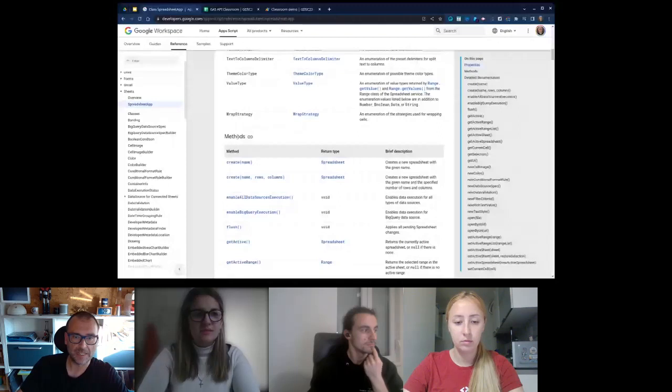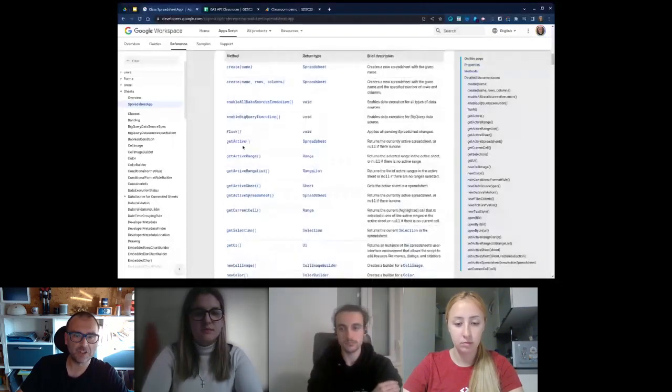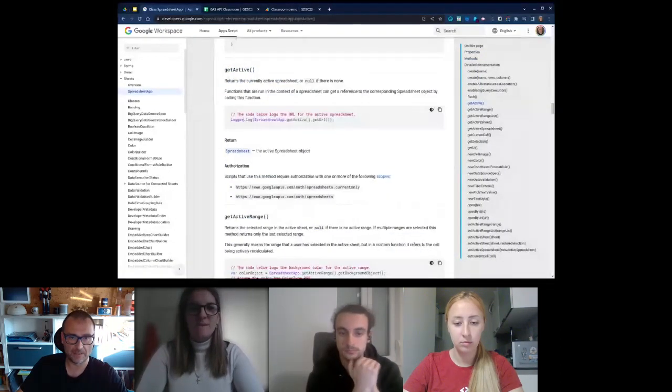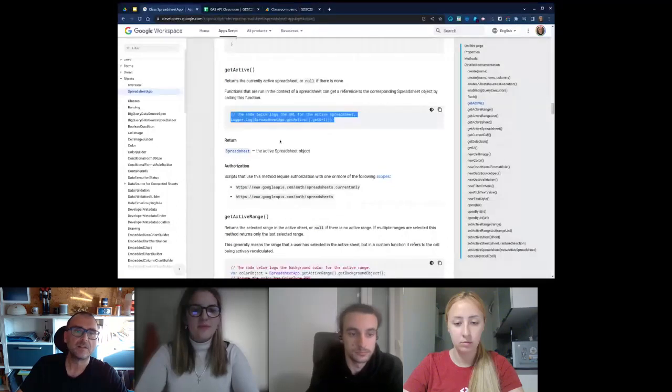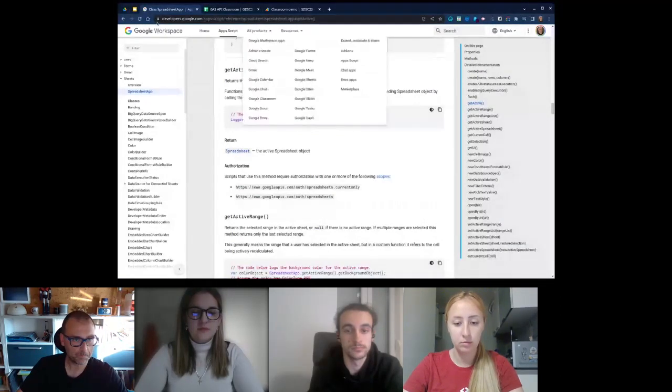For instance, I can get the active spreadsheet using the getActive method. Just click, and I get here even a very clear code snippet explaining how you have to use it. Okay?